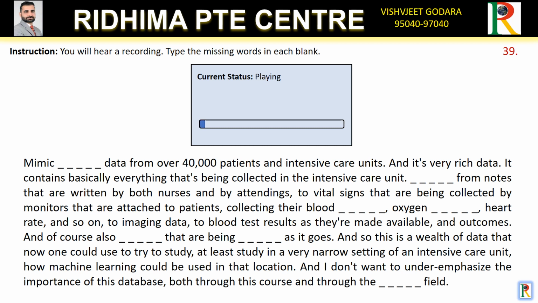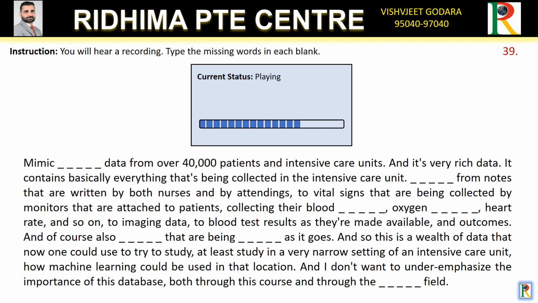MIMIC contains data from over 40,000 patients in intensive care units, and it's very rich data. It contains basically everything that's being collected in the intensive care unit. Everything from notes that are written by both nurses and by attendings, to vital signs that are being collected by monitors that are attached to patients, collecting their blood pressure, oxygen saturation, heart rate, and so on, to imaging data, to blood test results as they're made available, and outcomes, and of course also medications that are being prescribed as it